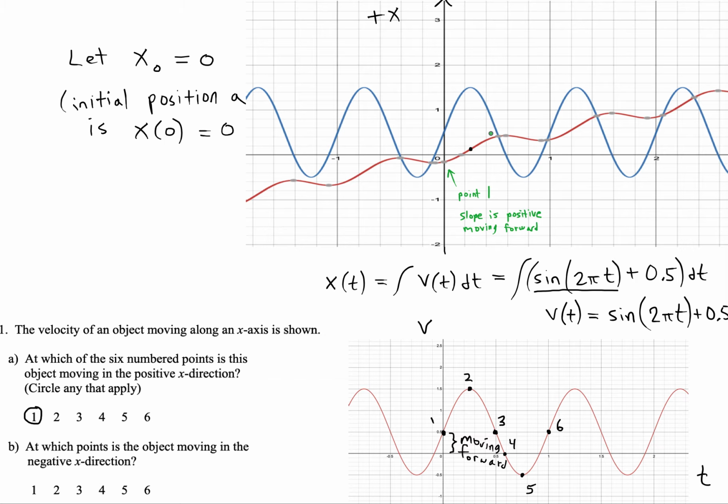This is going to be point 2. So is it moving forward? Absolutely. We also see that the height off the graph of the velocity is really high, which means it's actually when it's moving fastest. So we want to interpret fastest motion